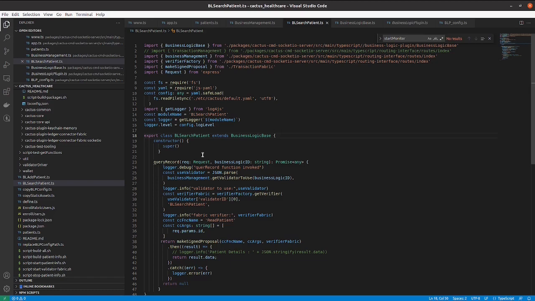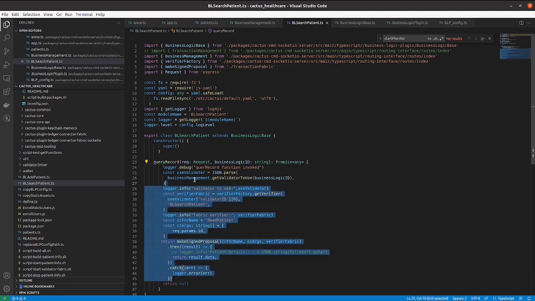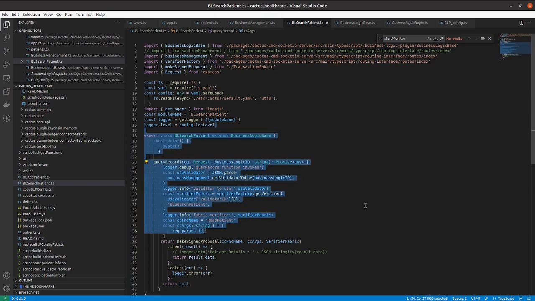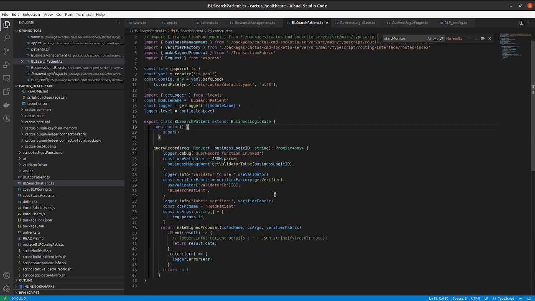Otherwise, if you are not adding a base class, then all the interface implementation should be there in all the business plugin classes. Here the advantage is that you can only implement the methods which we are going to use in your class. This is the place where you will be implementing all your transactions. So if there are multiple blockchains involved in your transaction, then you can implement that workflow inside this class, because the blockchain connection entry point is from this layer.